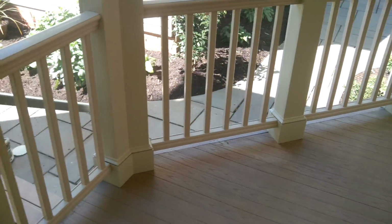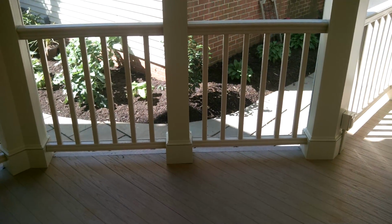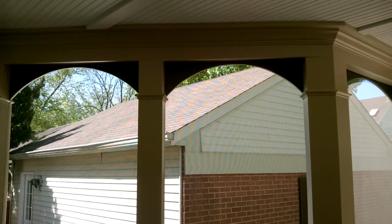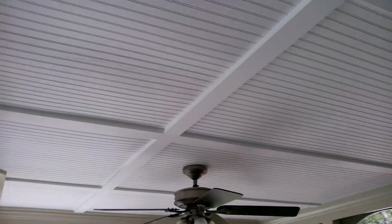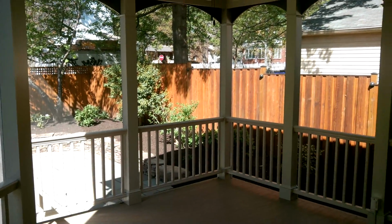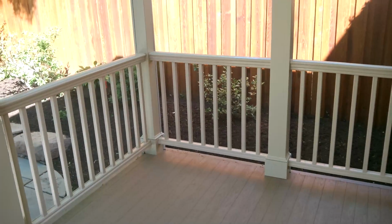and pretty railing. We also went above and beyond on the trim here, bottom skirt with base cap moldings with additional base cap molding at the top, arched PVC trim board, and then coming up to a crown molding and then a ceiling trim, finishing this out with beaded plywood and 1x4 trim, painting the ceiling white to give a little contrast between the tan color of the wall post and rail and the, again, panorama composite railing,